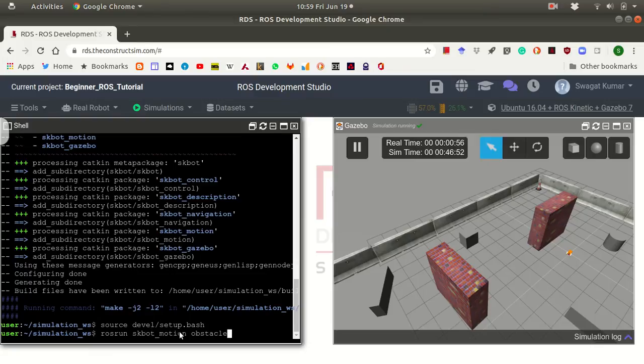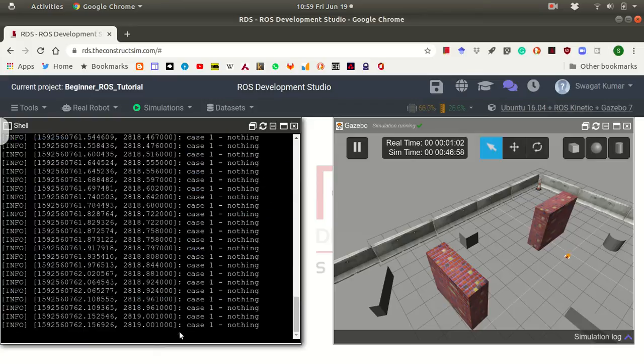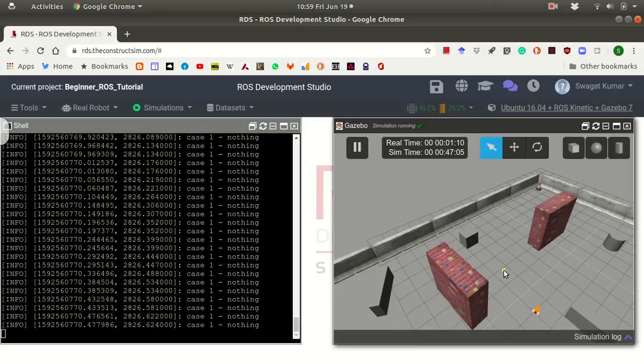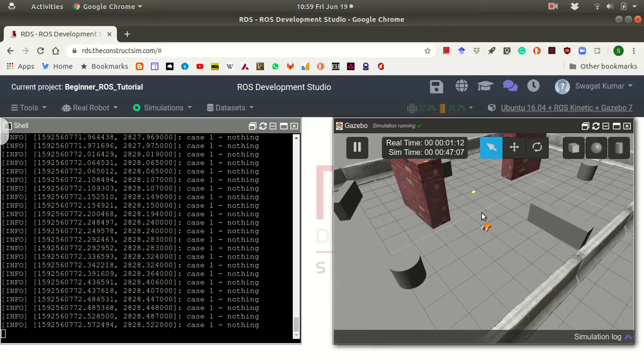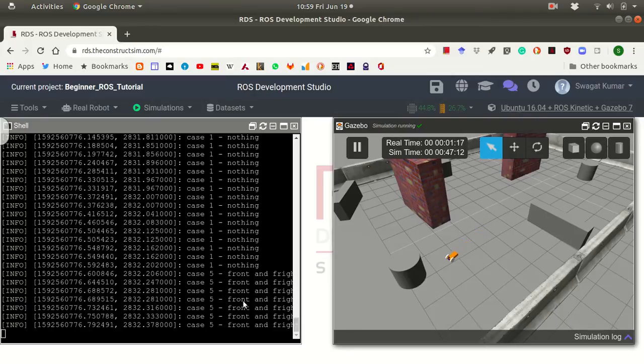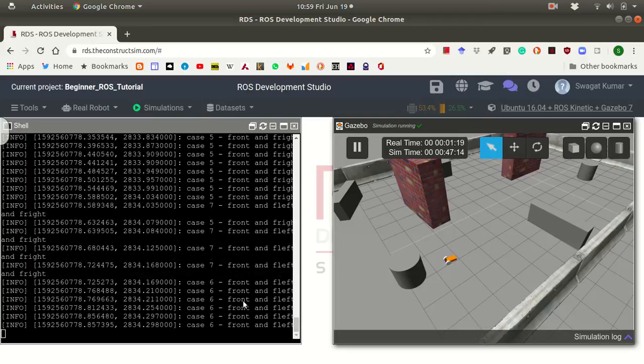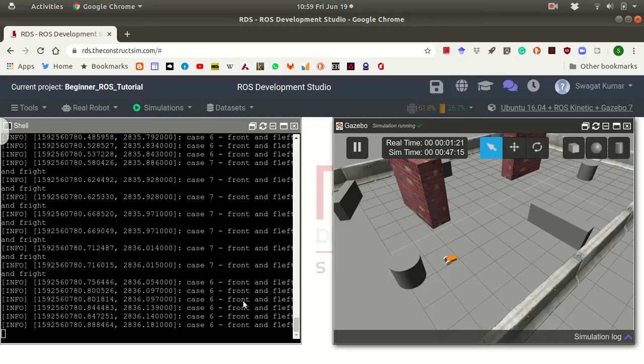It implements a basic obstacle avoidance algorithm. You can see the robot starts moving. Let's see if it can avoid the obstacle successfully or not. So it is rotating, but